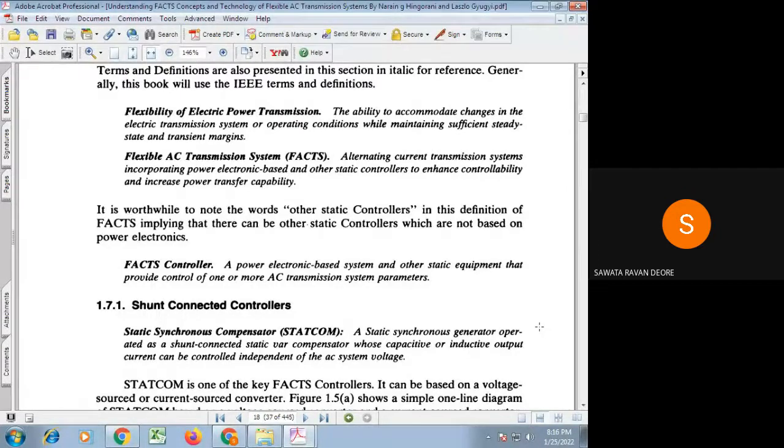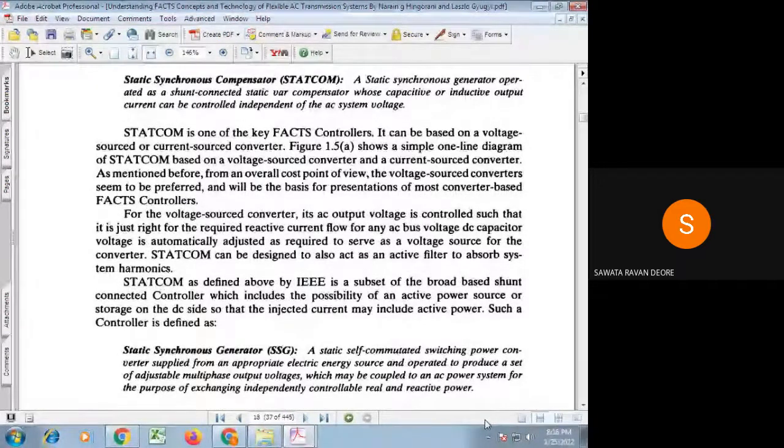Similarly, there are specific definitions for particular FACTS controllers like STATCOM, SSSC, UPFC, IPFC. All these definitions are available in this book. Please go through them and try to understand